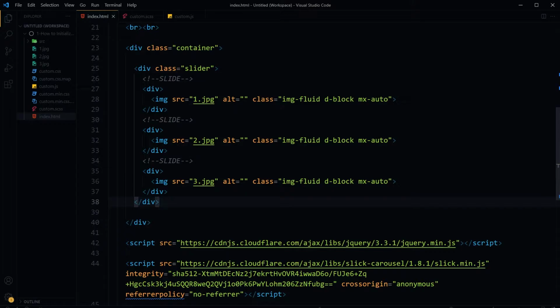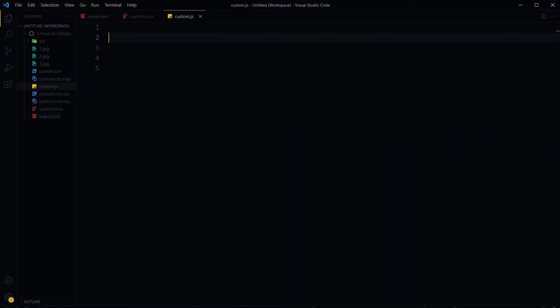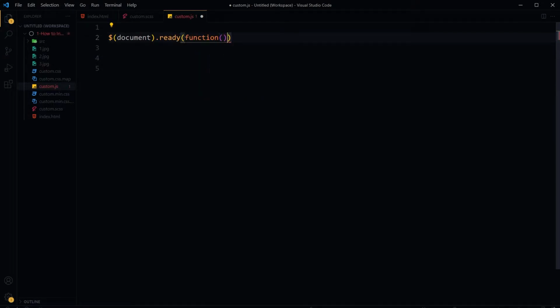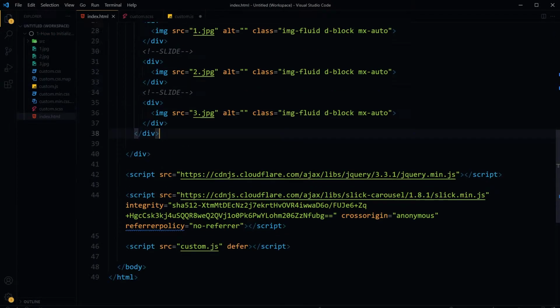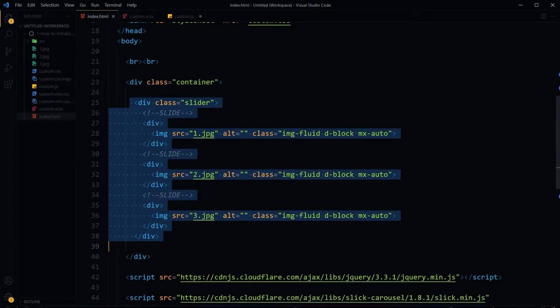The reason is we have the slider files, but we are not initializing it yet. We have to point to a class to turn that area into a slider, given that our HTML structure is correct. So we have our custom.js file. This is the file, and here we will use the document ready function. Inside it, we will use this class. This is the slider.